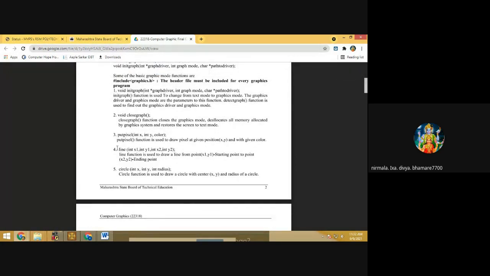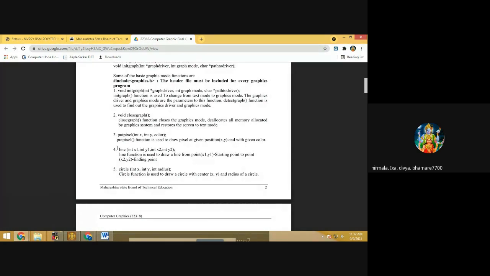Then next is the putpixel function. Now, how to draw a pixel on the screen? There is one built-in function, putpixel. With the help of the putpixel function, we are going to draw a pixel on the screen. This function has three parameters: integer x, integer y, and color. The putpixel function is used to draw a pixel at the given position x, y with the given color. What are the x and y parameters in this function? x is the x coordinate of the screen and y is the y coordinate of the screen.